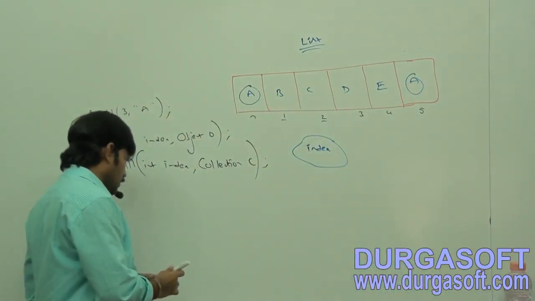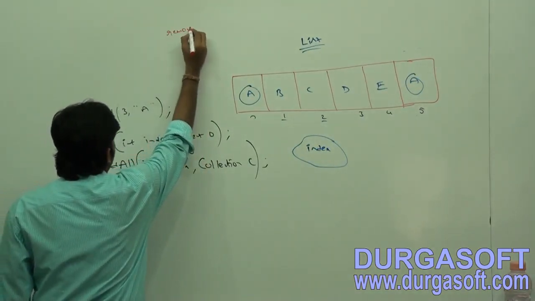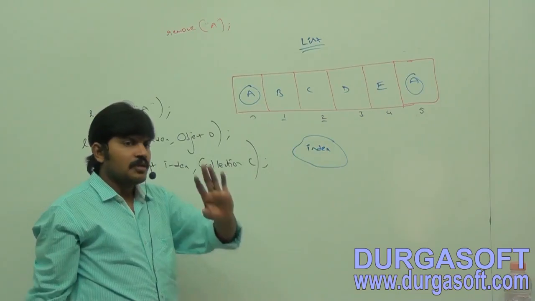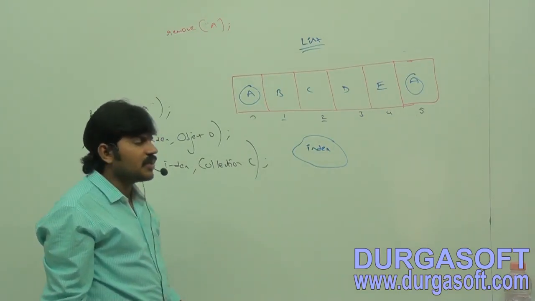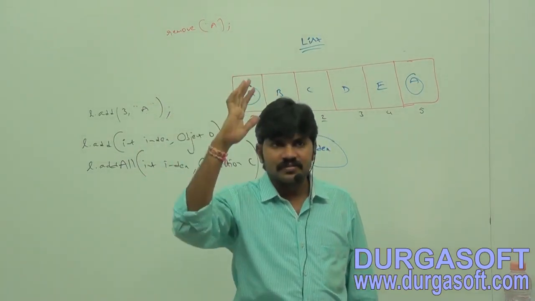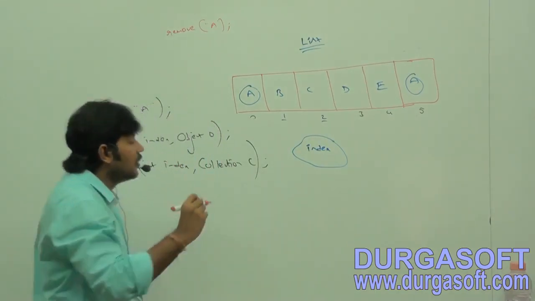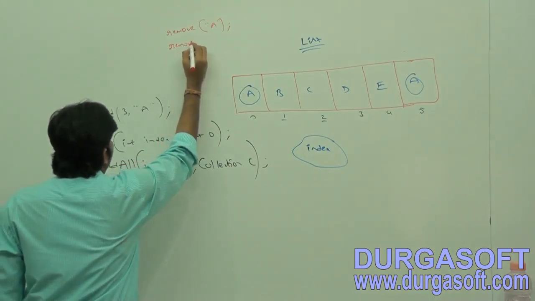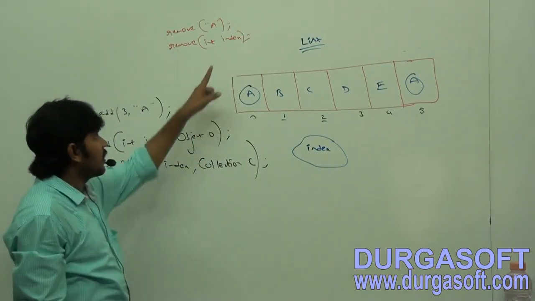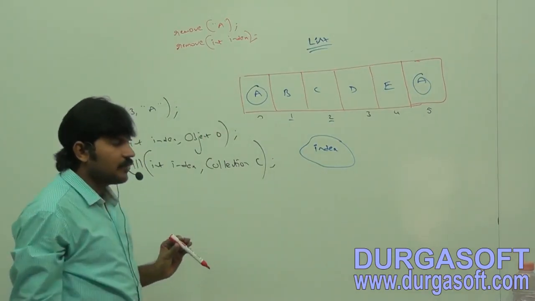Now I have one doubt. I want to remove an object, I want to remove A. That method is already there in the collection interface, to remove a particular object. But now my requirement is: which object is there at the third index, I don't know. Can you please remove the third index object? You can specify either the object or the corresponding index also. Then what is the method? remove(int index). This one is related to index, list specific.